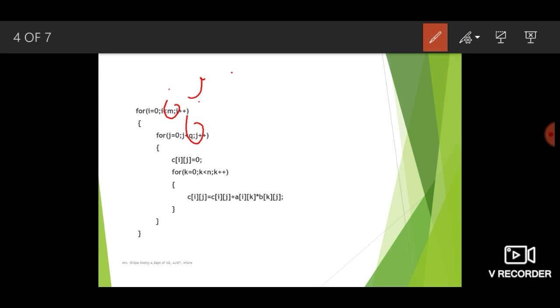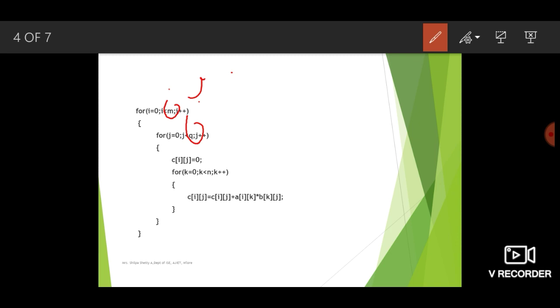Next, we need to write one more for loop for the multiplication. This third for loop indicates how many multiplications there are for each element. In order to calculate one particular value of matrix C, we need to know how many multiplications have to be done.